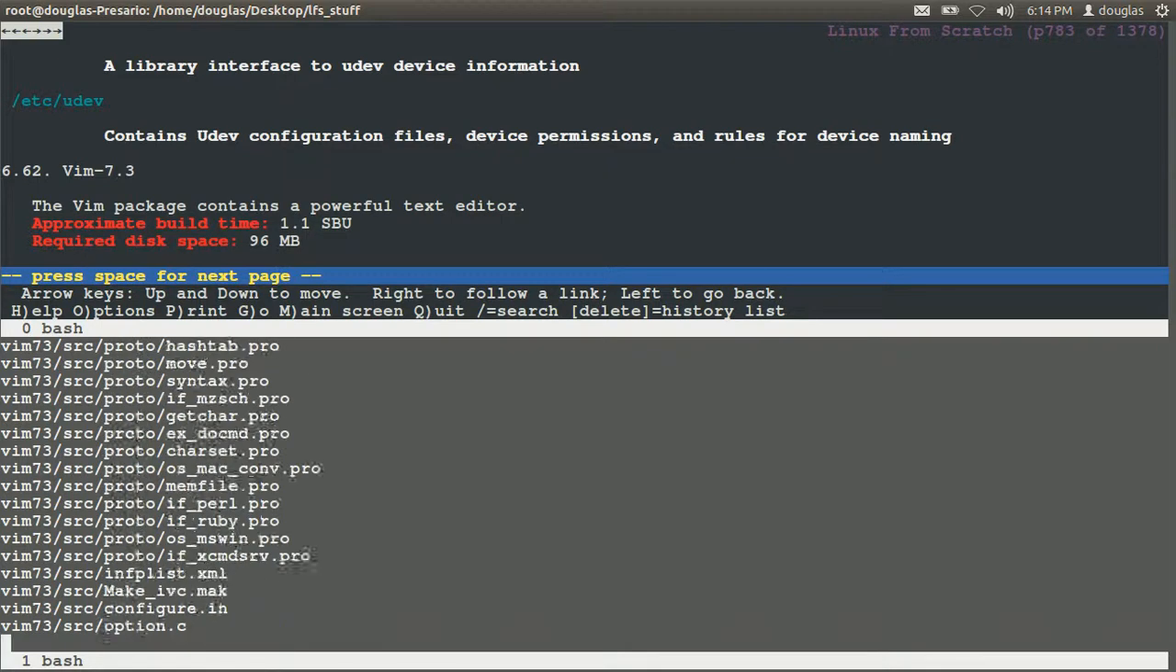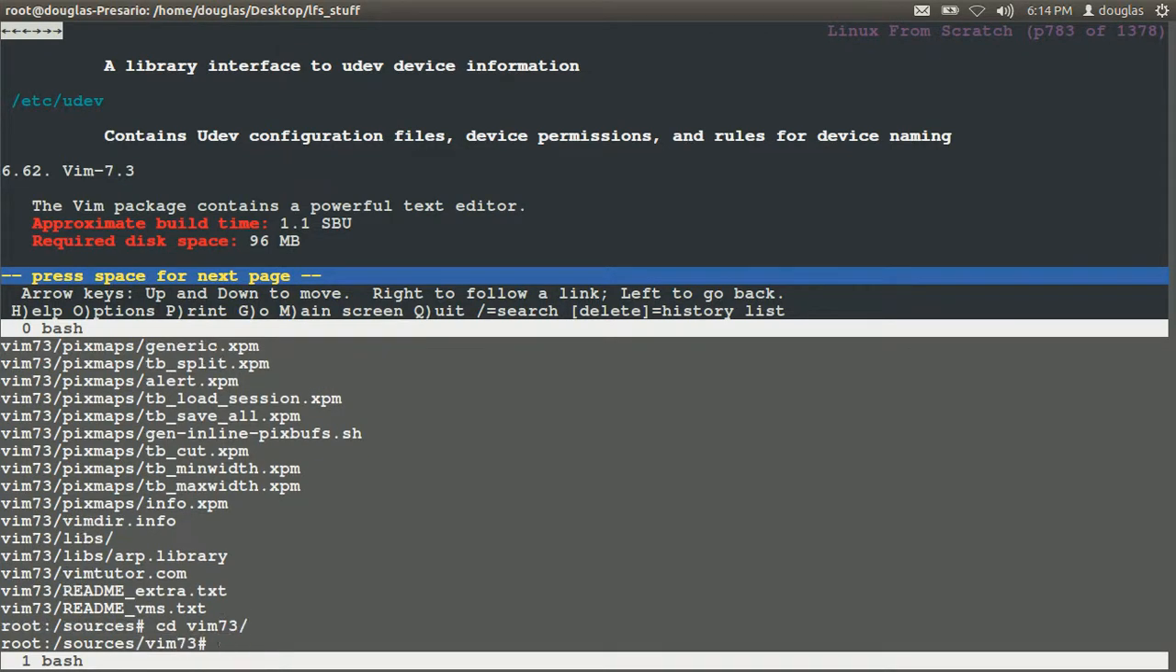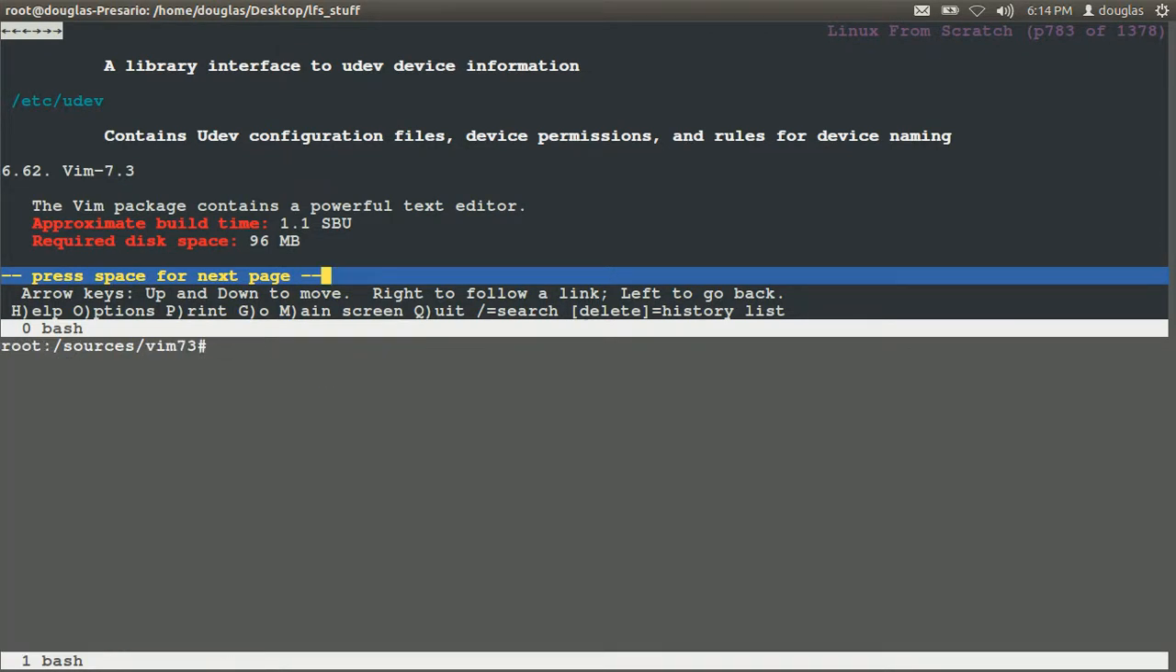Now we have a little bit of setting up to do with Vim, but that's okay. It's necessary. It's only like a little teeny tiny thing. So not much. And let's go. CD into Vim 7. Okay. And we'll say